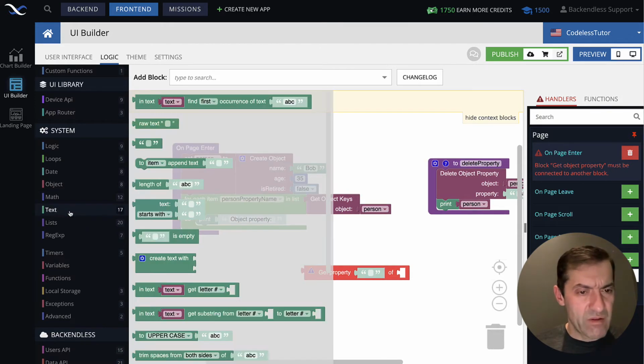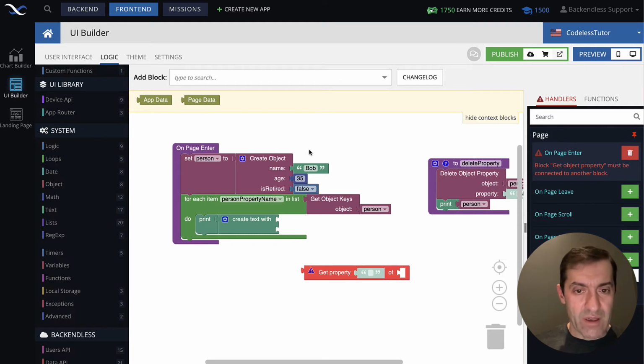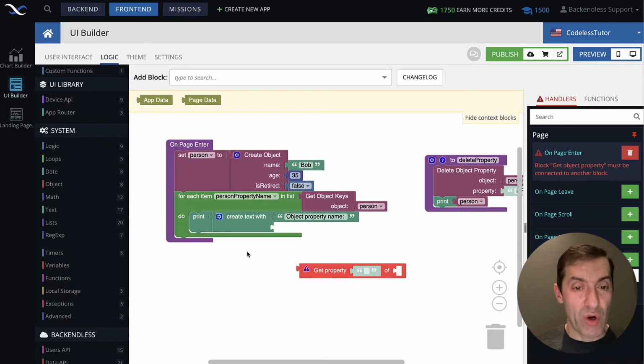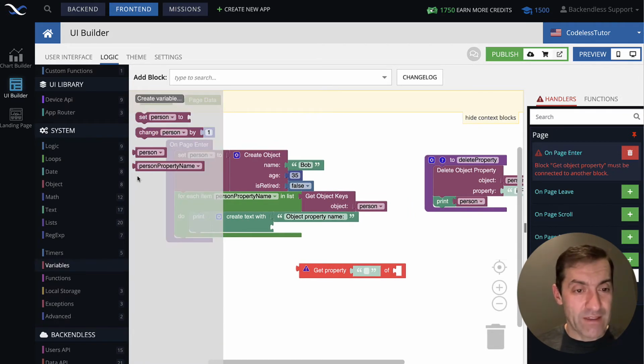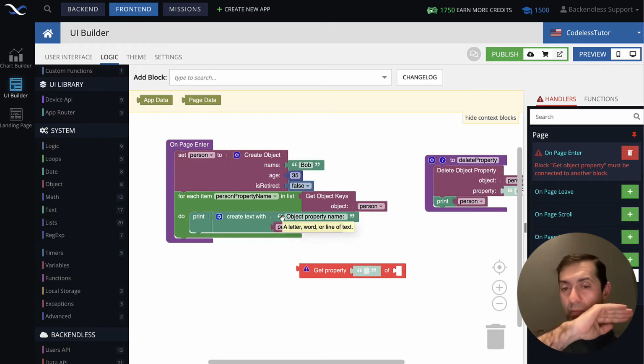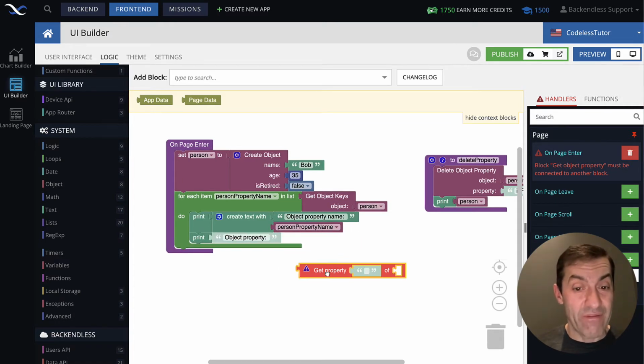Let's just use this create text with, and it will say object property name, and then we will display that property name. Can you guess where the property name is? If you guessed that it's inside of this variable, you are absolutely correct. So this line will print out the property name, and the subsequent line will print out the property value.